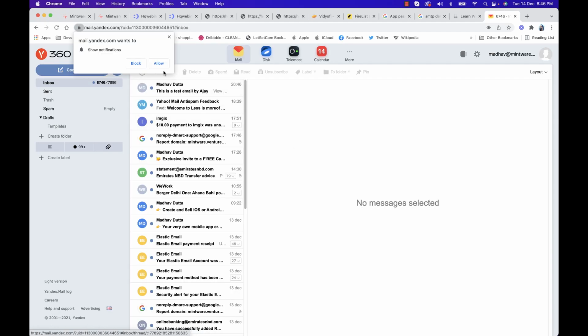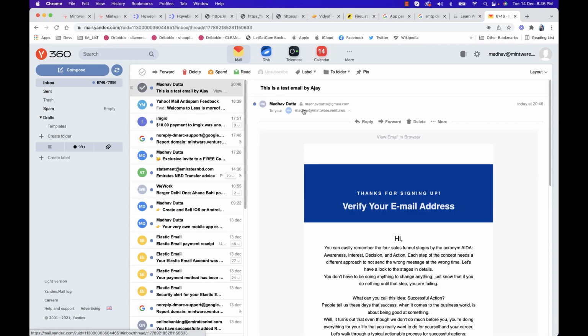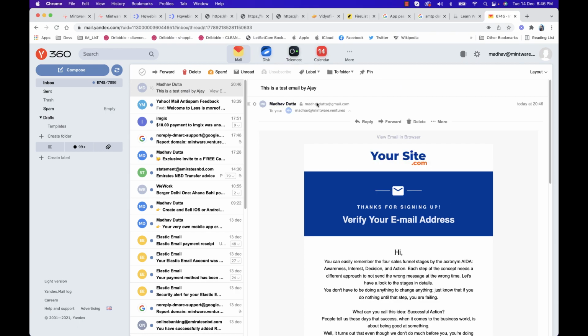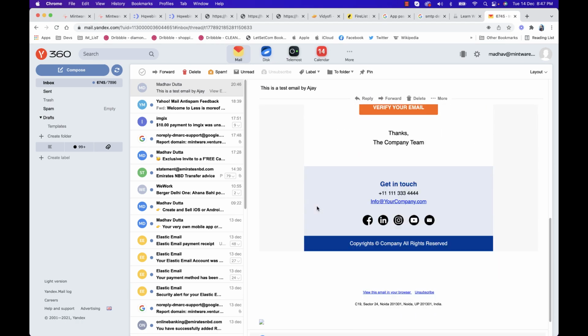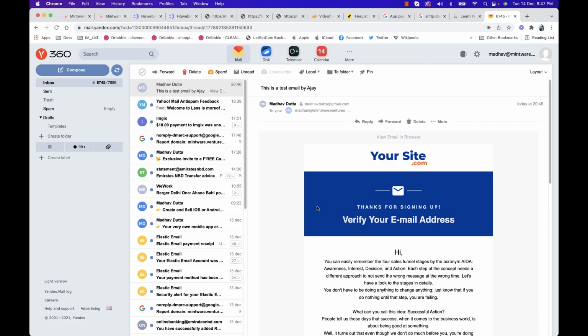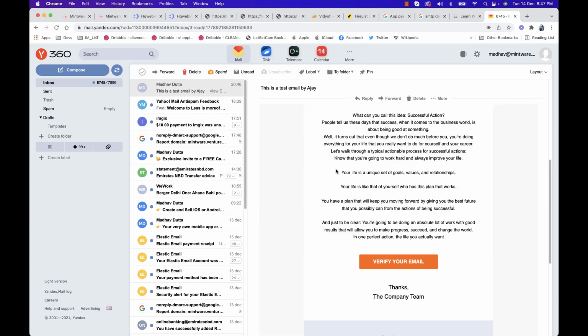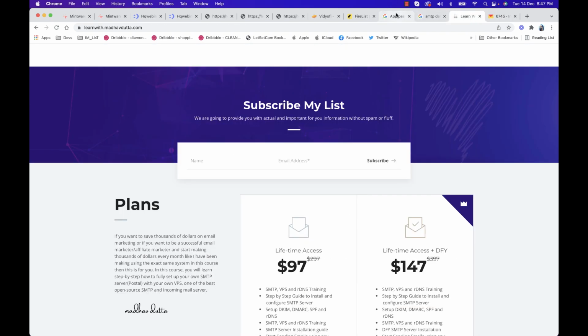You see, I've got this email in my inbox. You see, email is coming from my Gmail account, right? And it is actually a very authentic email coming from the Gmail directly to my Yandex account. That's how you can use a file list with your Gmail account easily. Isn't it crazy? Right, so let's go back to the file list.